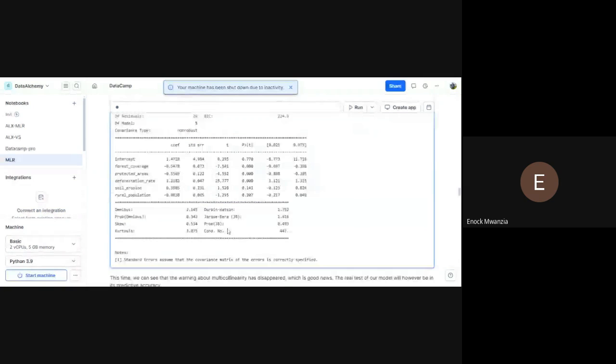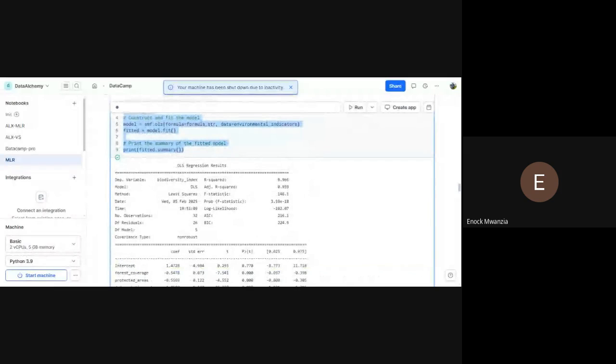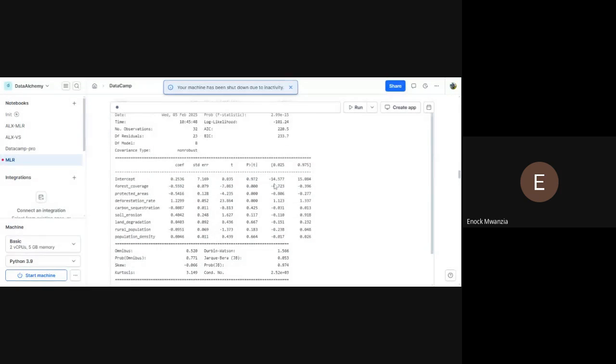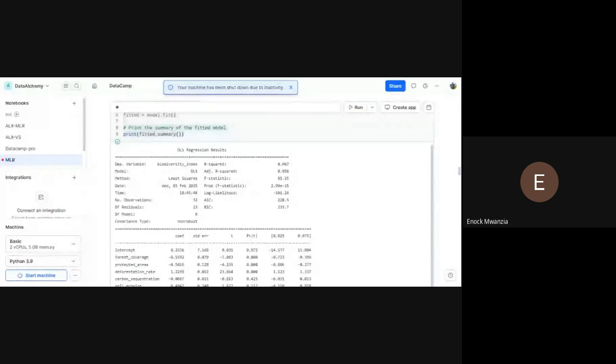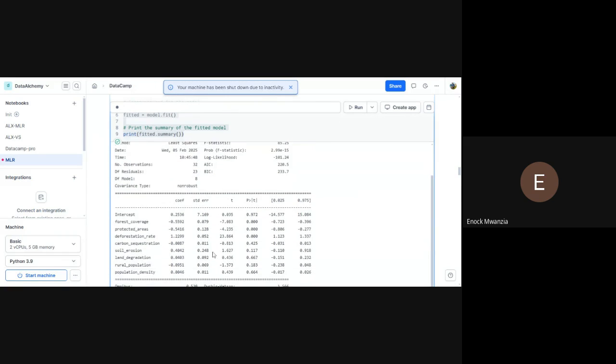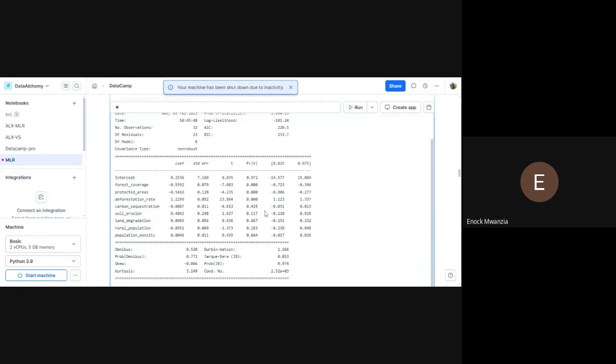linearity. Yes. Now, what is the difference? I want you to see here. The first model had this one. Let me go back. The first model had this value of r squared, 0.967, and adjusted r squared, 0.956, right? That is after we included all the variables. Now, after dropping the less significant ones,